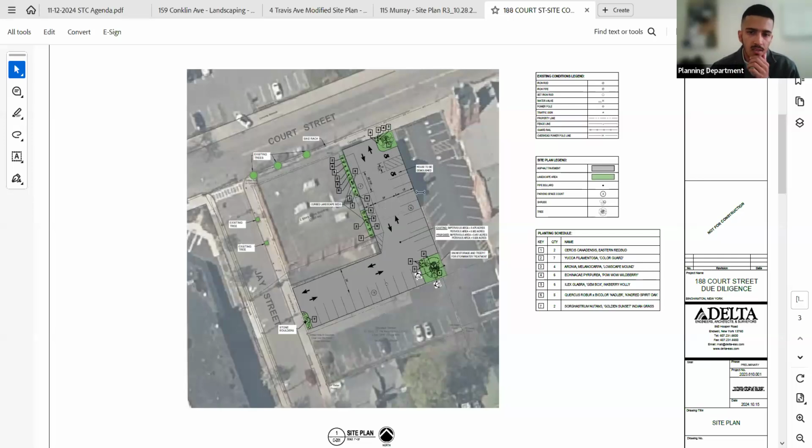One of the recommendations was that somewhere in the middle, by the eastern edge of the parking lot, there would be another landscaping bed to alleviate the required landscaping that they're not providing.